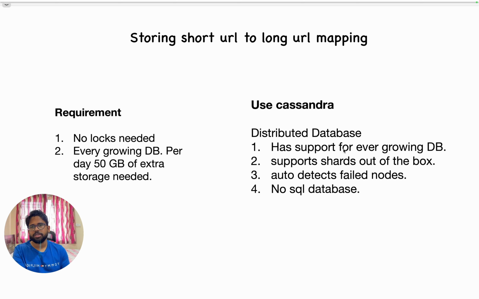So today you need 2 servers, you launch 2 servers. Tomorrow you need a 3rd server, you put the 3rd server in the same Cassandra cluster, and the Cassandra cluster will scale. So whenever you have an ever-growing database, you can use Cassandra. Here you can use any other database as well, because this particular problem is solved by other databases as well. You might have more maintenance, but it is completely your choice.